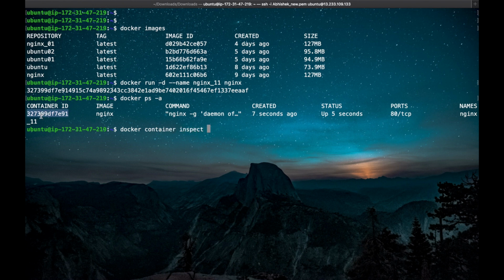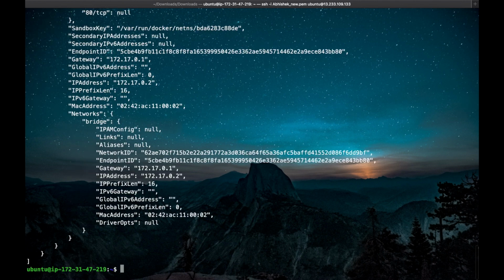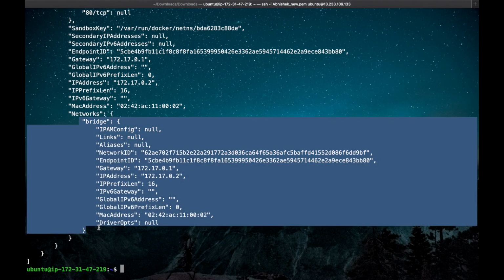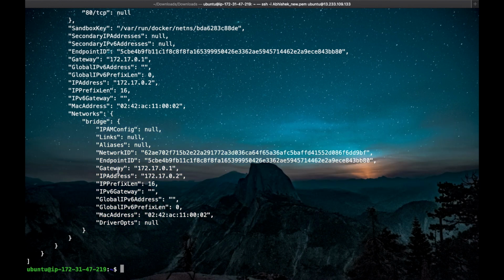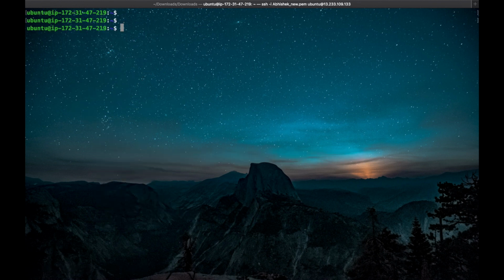Let's inspect this container and provide the container ID. We can see here in the network section that this container has the bridge network, and this is the IP address of that container. Let's clear this and create one more container with docker run -t --name net.